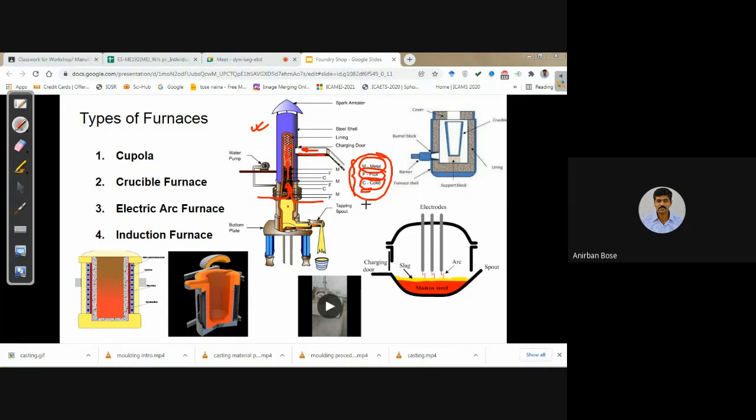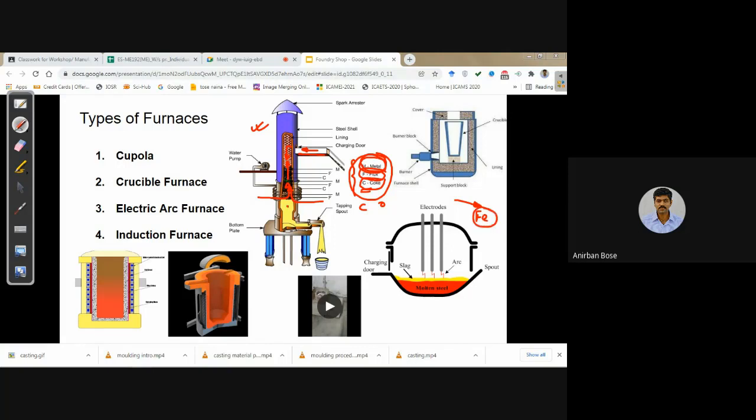So you have carbon, you have oxygen, you have iron oxide, which is the iron ore. They react, and because of the chemical reaction, a huge temperature is created, the iron oxide is converted into iron, and at that high temperature the iron melts.